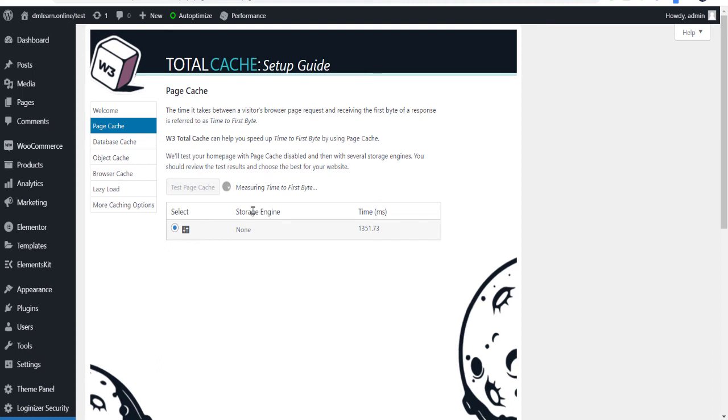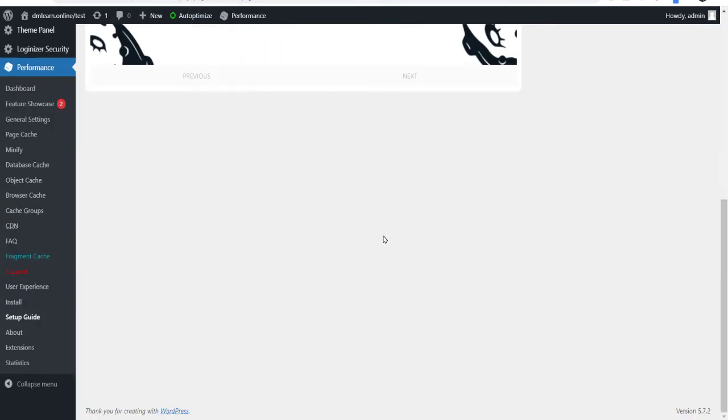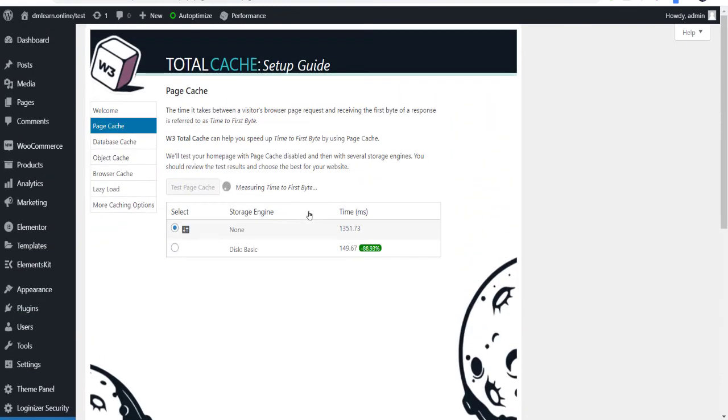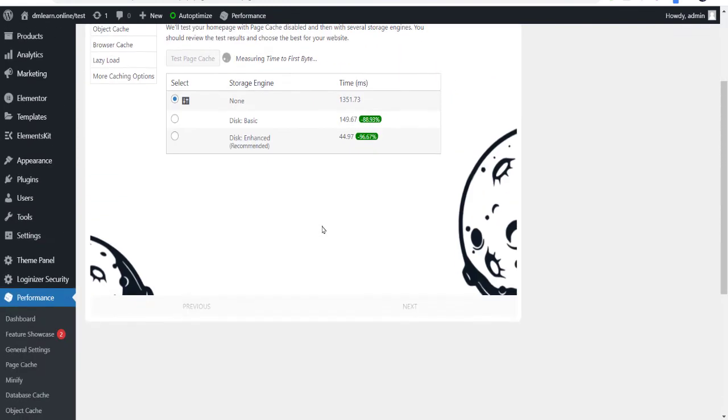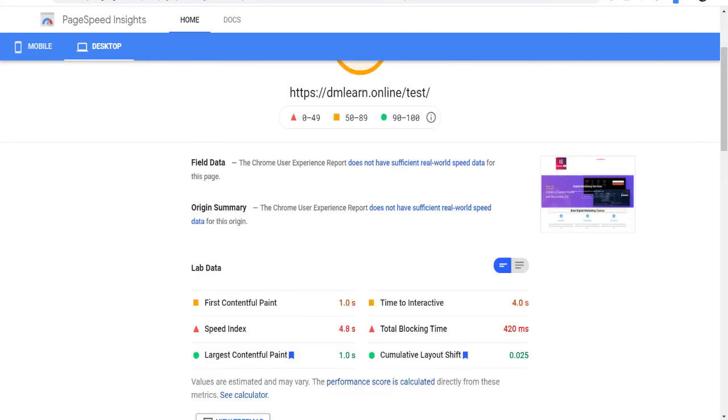So guys, with the help of these tools, you just need to activate the minify options. Once you activate it, you just need to purge the page cache. Then this problem is resolved automatically. You don't need to worry about that.